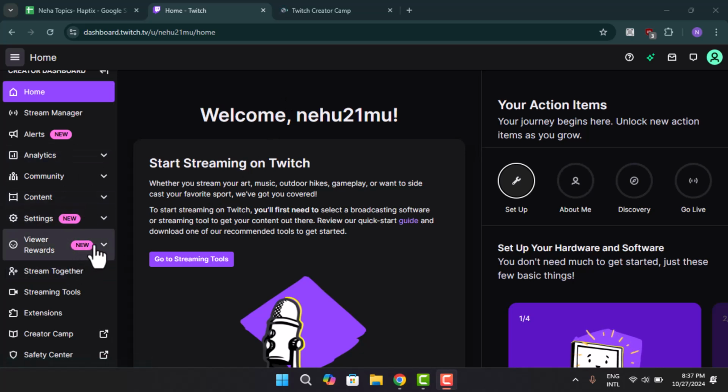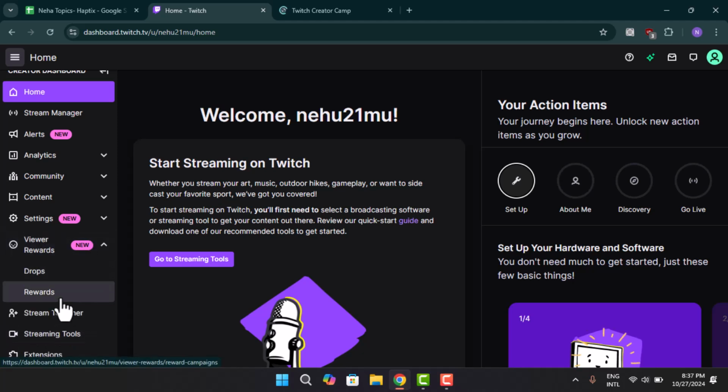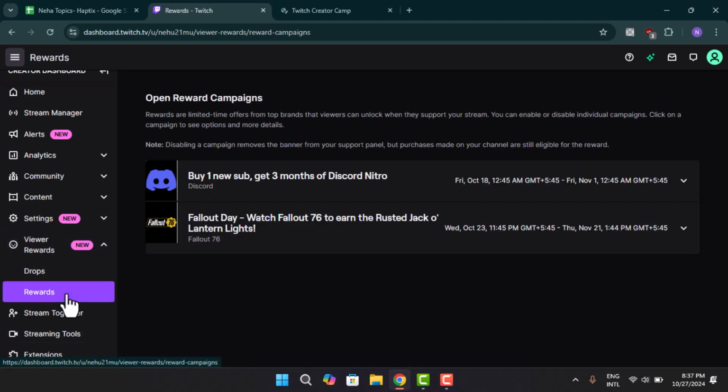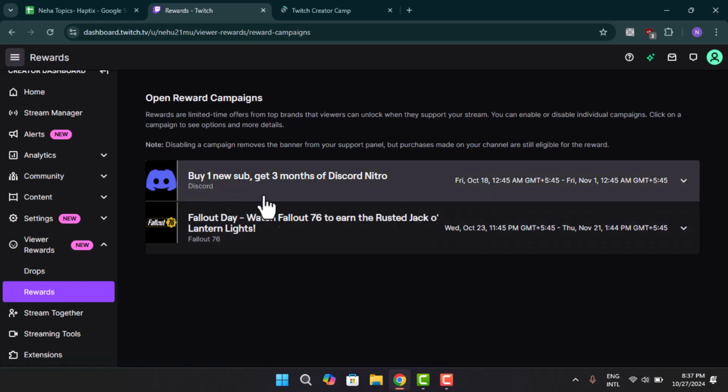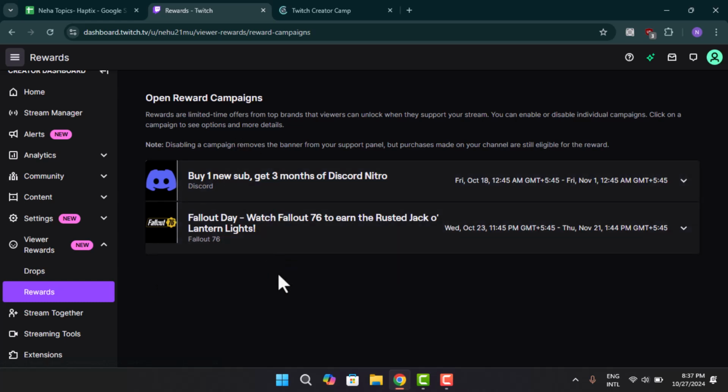If you're unable to find this, you can also go with the View Rewards section, go to Rewards, then you can find Emotes. So as you can see, I don't have Emotes, which means that I do not meet the qualification or I'm not affiliated as a streamer. So you could just go ahead and locate the Emotes right over here and then go ahead and press on